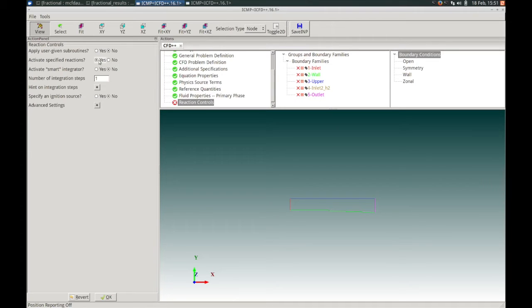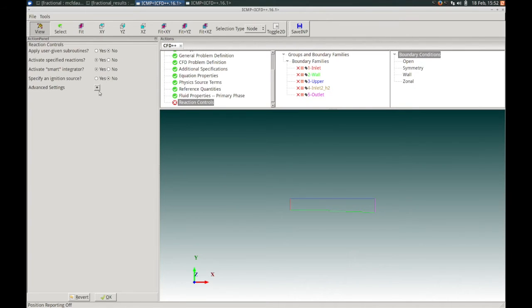Basically, one sets up the entire problem with all the species and all the reactions defined, but with this option temporarily set to no. The user can then simply do a restart with this option set to yes. In this case, we will have the reactions turned on from the beginning of the run. Choose yes to activate the Smart Integrator. This option will automatically choose the number of steps taken with the stiff source term integrator. In this case, an ignition source will not be needed, so choose no for this option.